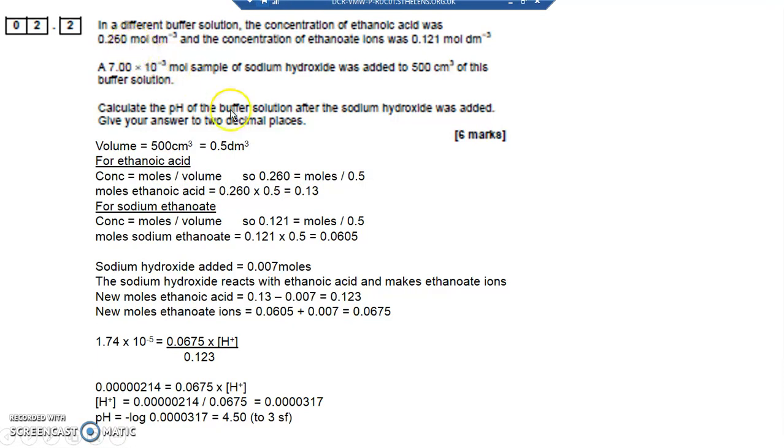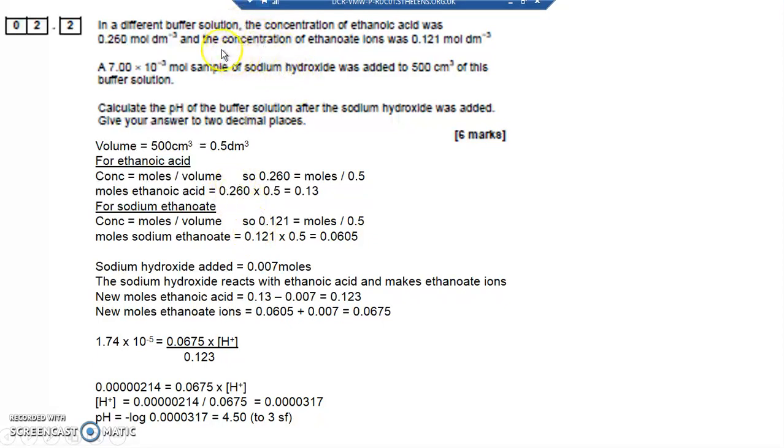0.25 is the number of moles divided by 0.5, so I've turned 500 centimeter cubed, by dividing it by 1000, into decimeter cubed, 0.5, and so I've worked out the number of moles of ethanoic acid is 0.13. I've done the same for sodium ethanoate, so concentration 0.121 is the number of moles divided by the volume, which is the same volume because it's the same solution, 500 centimeter cubed or 0.5. 0.121 times 0.5 is 0.0605. So I've got the number of moles of each of them